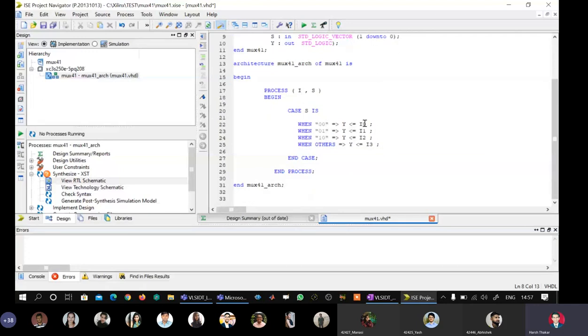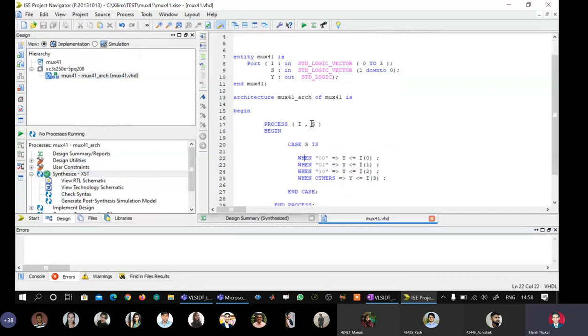And here I will do nothing. I will just access the individual elements of the vector as I parenthesis 1, I parenthesis 2, I parenthesis 3. I think so. We have made the necessary changes. Let us see what the tool has to say about this. Perfect, right? So it's very true.